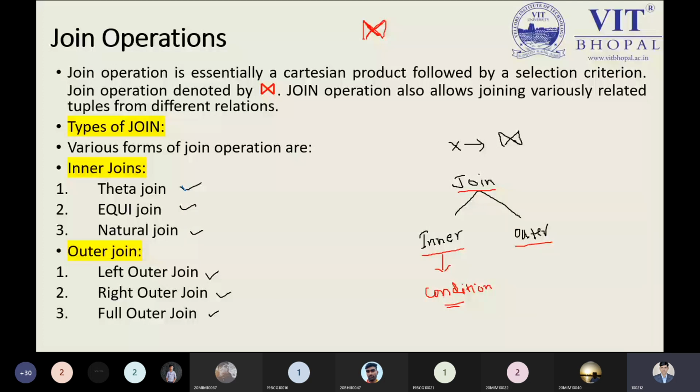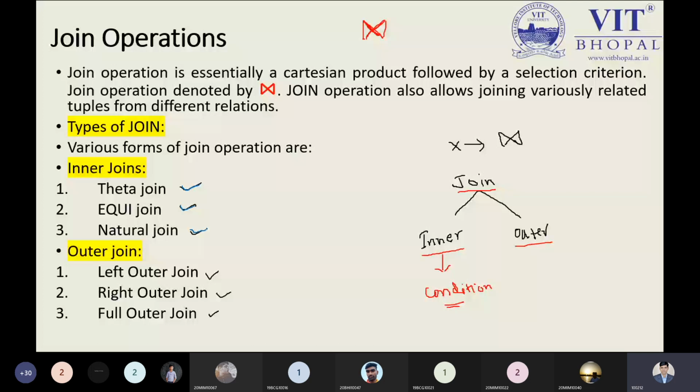Equality, or any other condition, you can use. In the equi join, only the single operator, that is the equivalence condition, we can use. In the natural join, we pick only those records which match the criteria. Other information will be excluded. Then what is the drawback? We are losing the information. That was a big problem. So to overcome such a problem, we have an outer join.